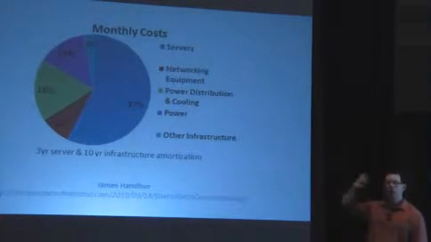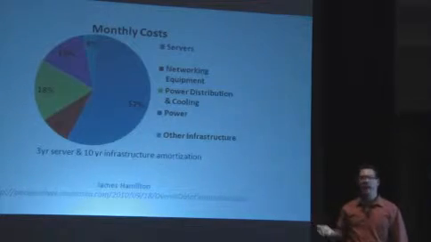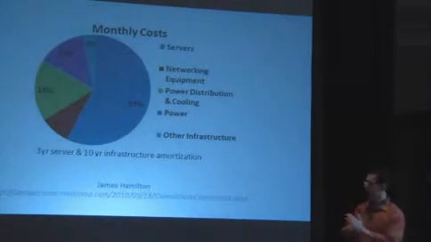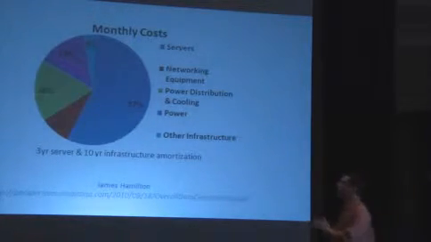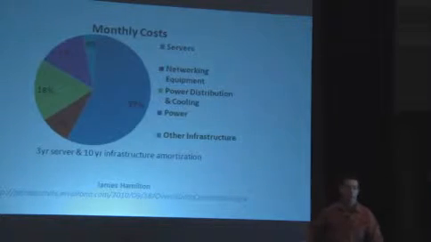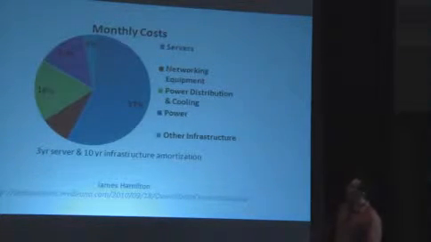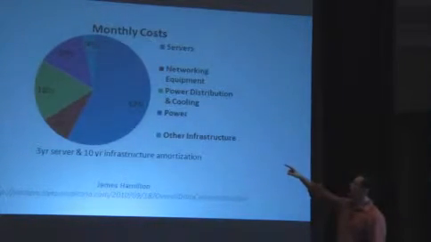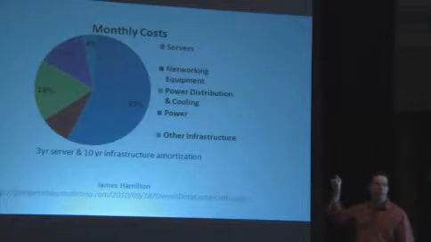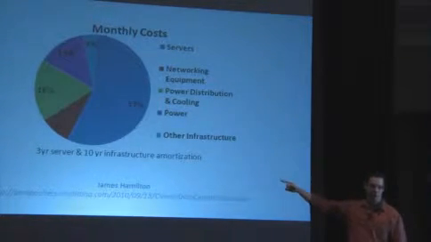It turns out, you might have heard the meme that says power is the biggest cost. Well, that's actually not true, and that's what he debunked here. It's the second biggest. The biggest cost is the hardware. 57% is the cost of the actual server hardware. Of the rest, the green 18% is the power distribution and cooling, and the purple 13% is power, but that means you should take those two together, because the power cost is 18 plus 13.